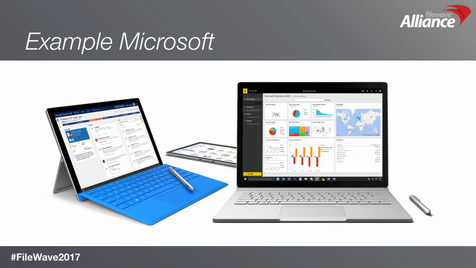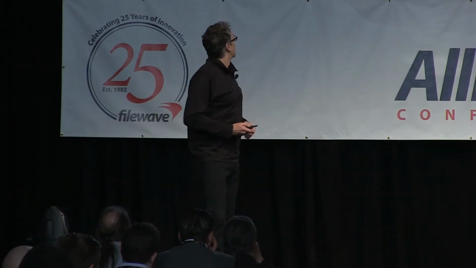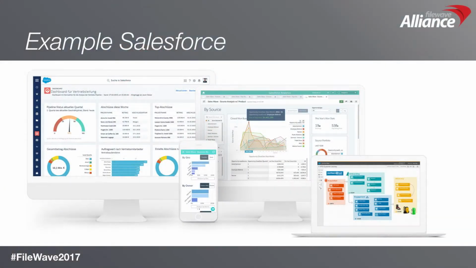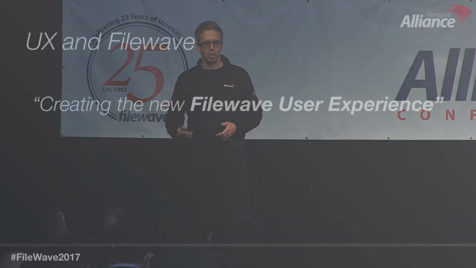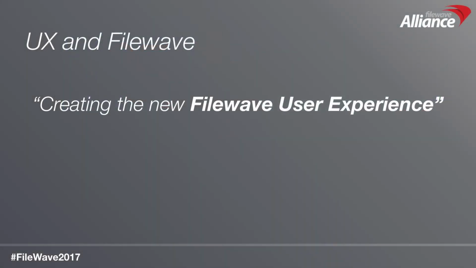Another example is Microsoft. They are rebuilding their experience for all the business applications, mainly Microsoft Dynamics 360. And Salesforce, the number one CRM company in the world. They did an amazing job. They had an ugly interface for years, an oldish Windows-style GUI, and they completely redesigned the experience, and they're very successful. They see it as a USP. So that's just some examples of how the big players are doing it.